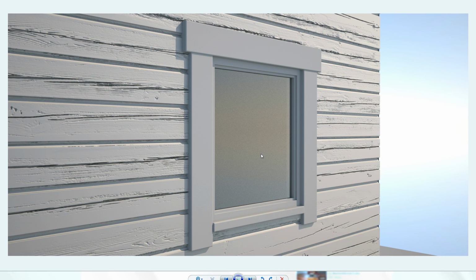Hi, welcome to this tutorial, and today we'll learn how to use Maxwell displacement in Rhino 5. And this is what we're going to do. So this is just a simple timber wall with some big gaps, which is where it's very handy to use